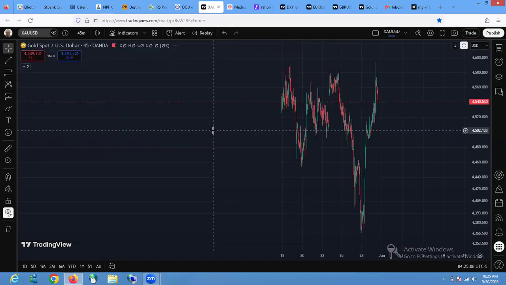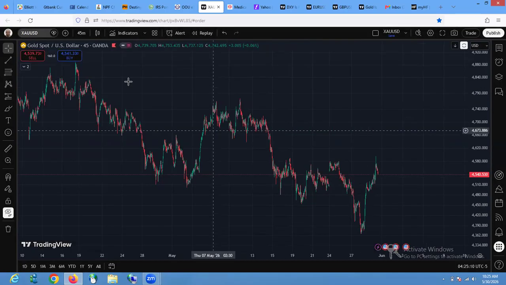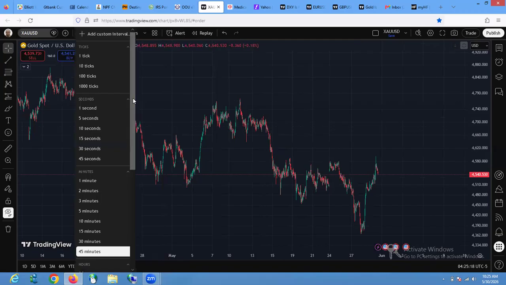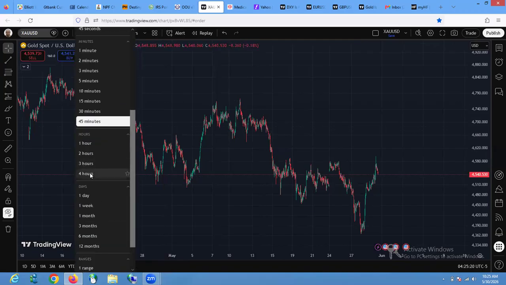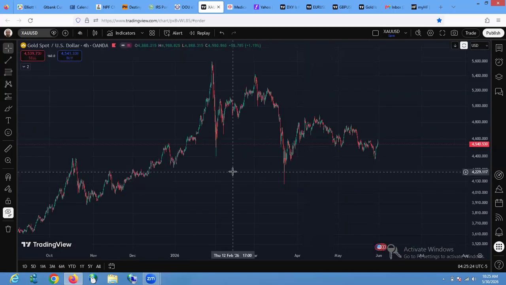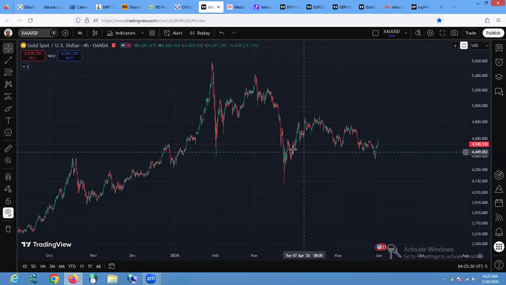Gold has been interesting and has been playing out decently well. So let's look at the 4-hour time frame on gold to see what gold has given us. Gold has given us an A, B, C to the downside, and so far this also is behaving as expected,